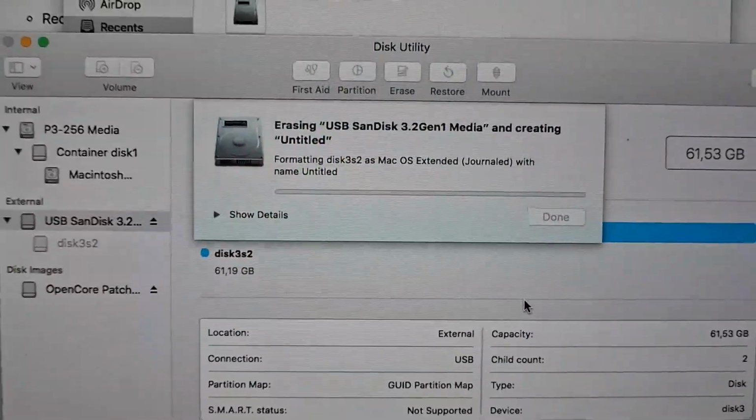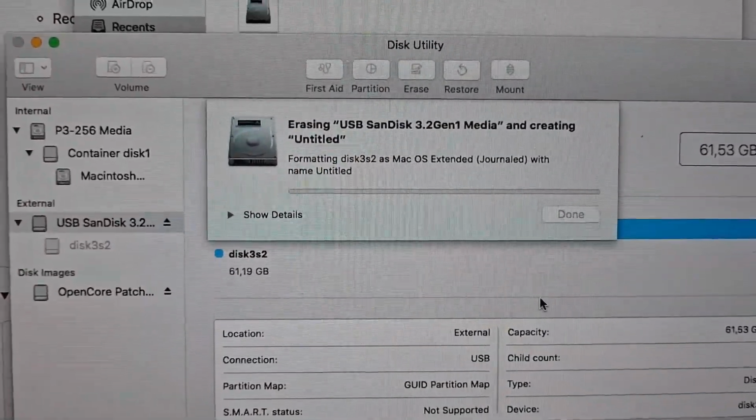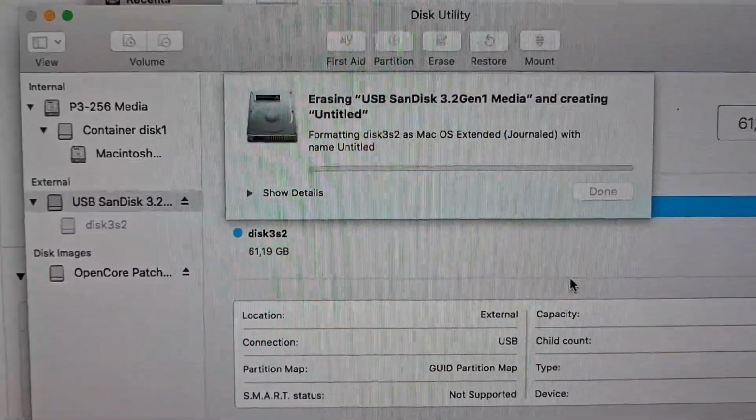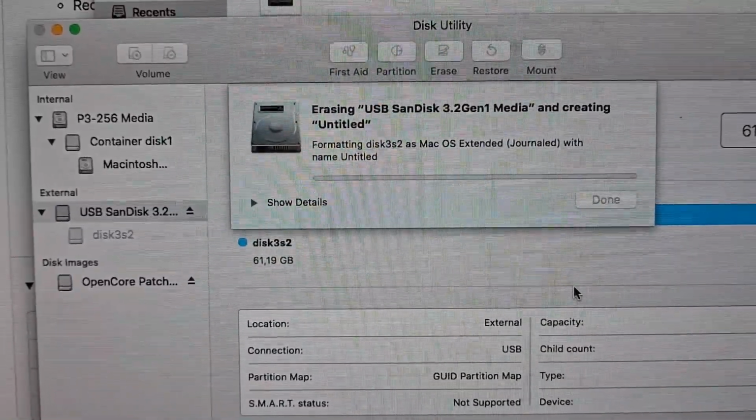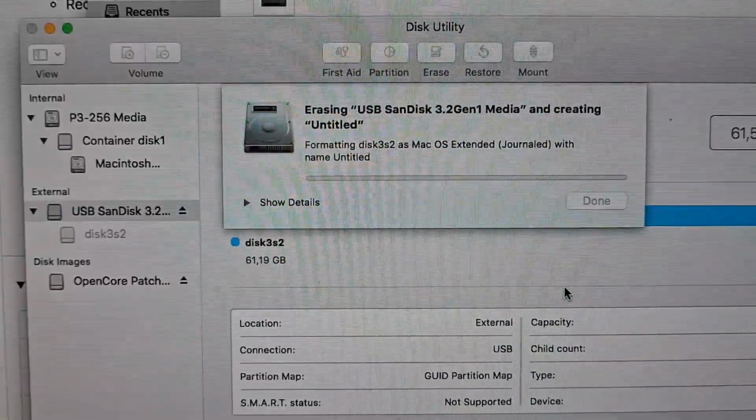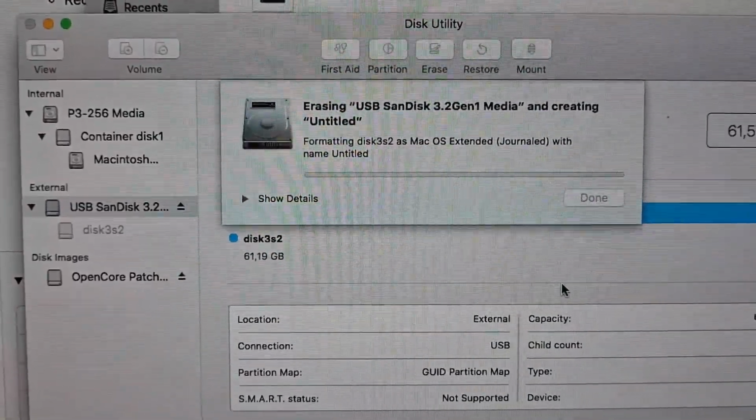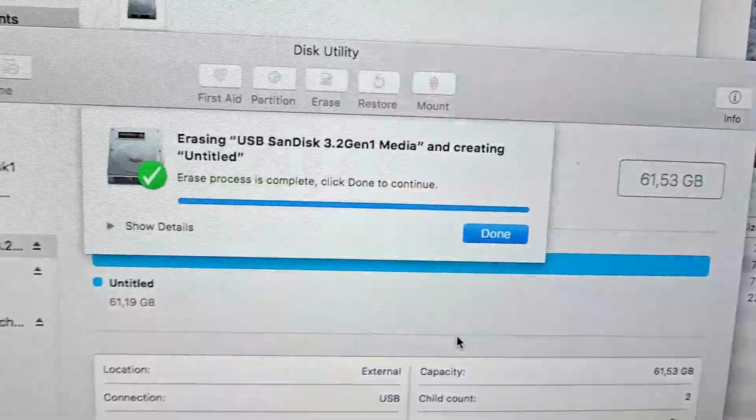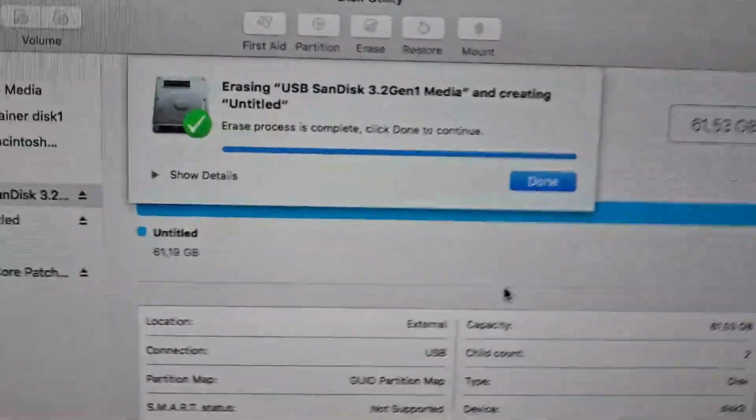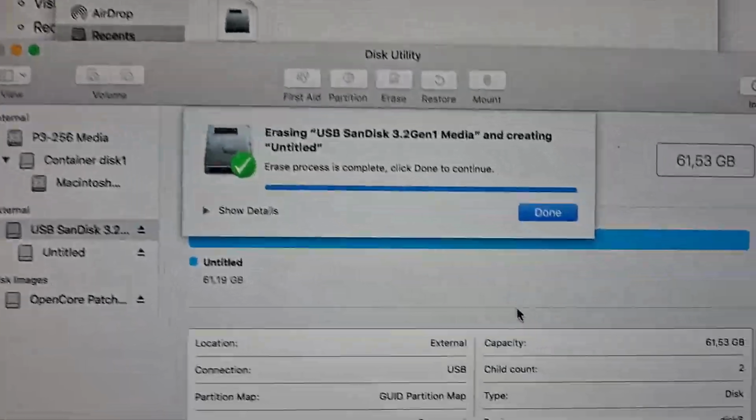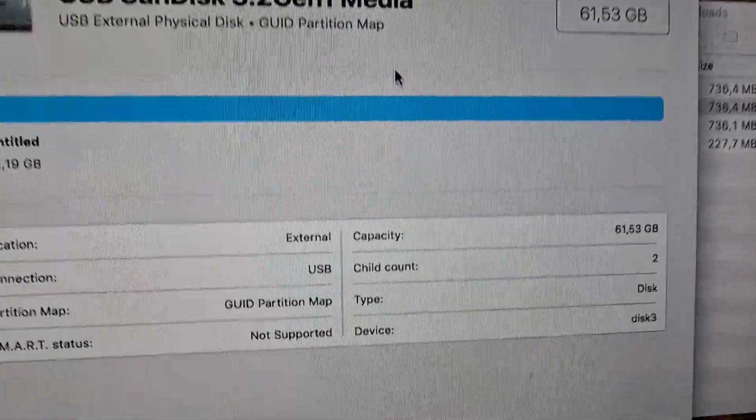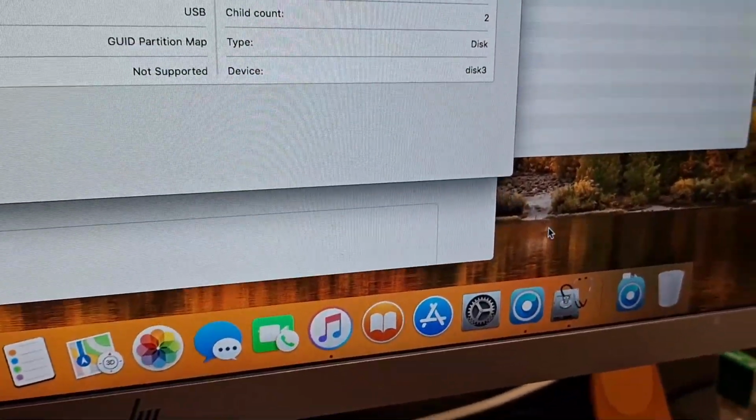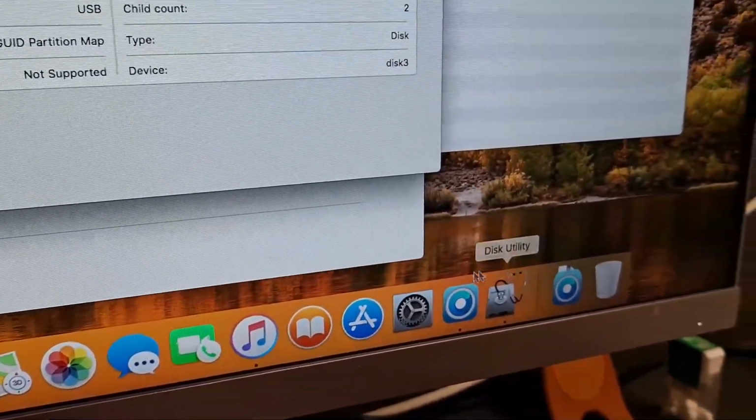Wait for it to finish. This shouldn't take long. Okay, so now it is finished. Now just press done here, and now go into your OpenCore here,